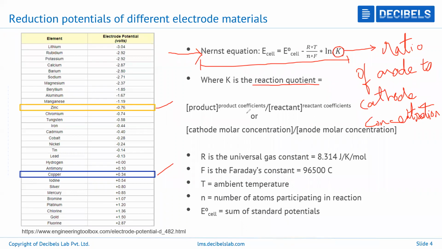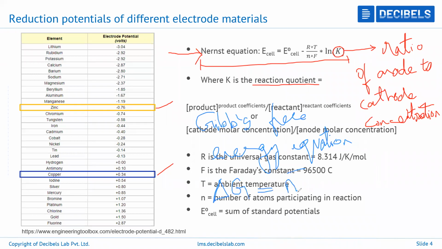Okay, so let's take a simple example of zinc and copper, and we'll try to solve a few numericals based on that. First, before that, let's have a quick derivation of this. This particular equation, the Nernst equation, has been derived from the Gibbs free energy equation. So what does the Gibbs free energy equation look like? It's basically given by delta G is equal to NF, a product of the number of electrons participating in the reaction, the Faraday's constant, and your cell potential E cell. This is your total cell potential E cell, and delta G naught